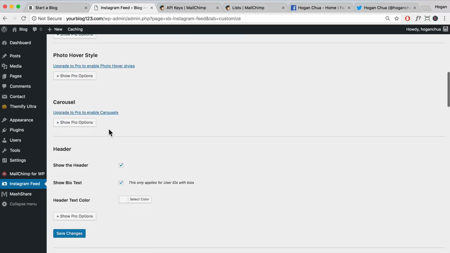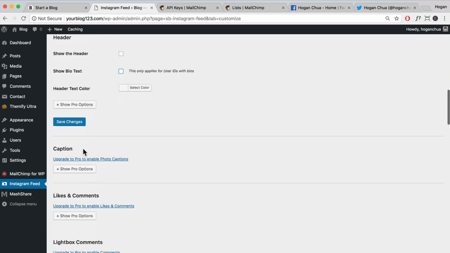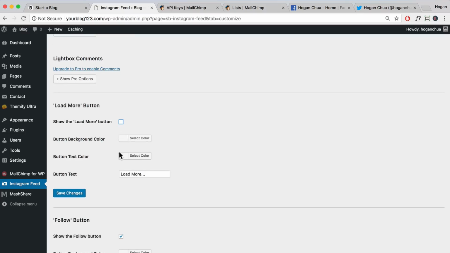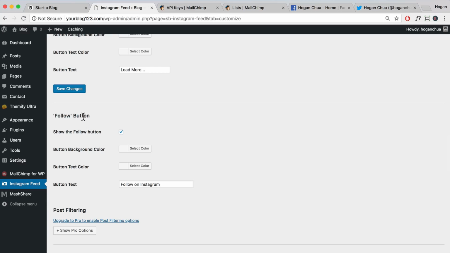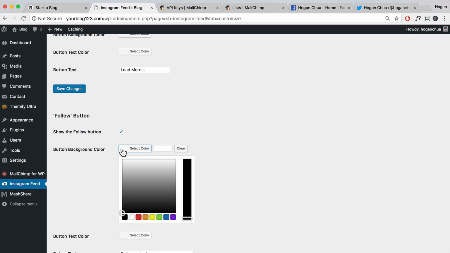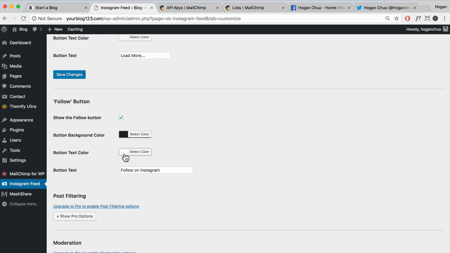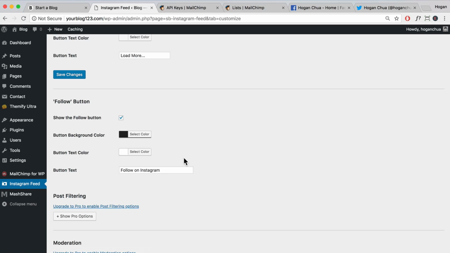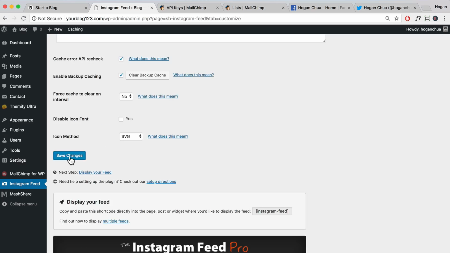We're going to scroll down to the header. I'm going to deselect header and deselect this. Okay, scroll down to the load more button. I'm going to deselect it, but this is optional, and I only just want a follow button. Okay, so show the follow button, tick. Background color, I'm going to select 22262s, like a really dark gray, and also the button text color will be white. Okay, and then text will be follow on Instagram. Scroll down, save it,